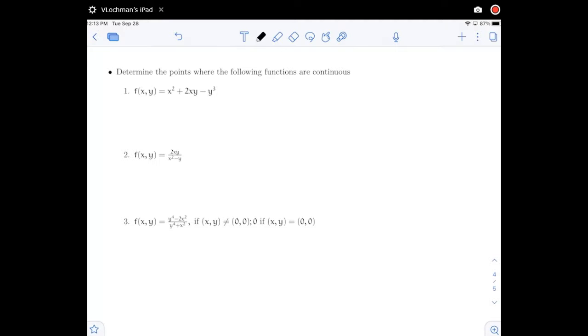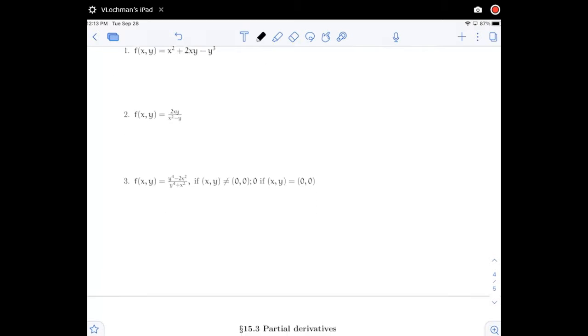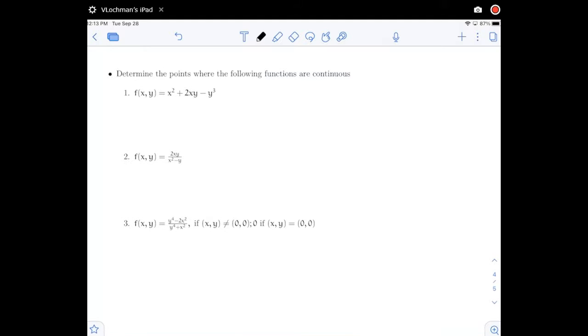So let's talk about continuity of functions. That's the last part of this section. Determine the points where the functions are continuous. Let's take a look at a couple of different simple functions. The first one is a polynomial function. There's no problem here. This function is continuous everywhere. So this is continuous